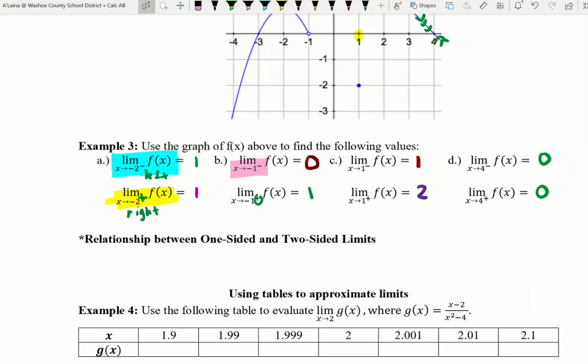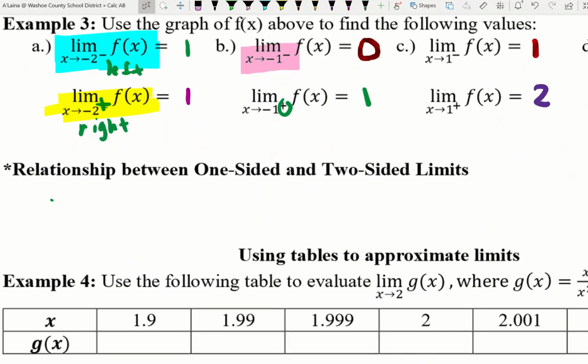Between one and two-sided limits. The relationship is: if the limit as x approaches a from the right of f of x is equal to some number L,